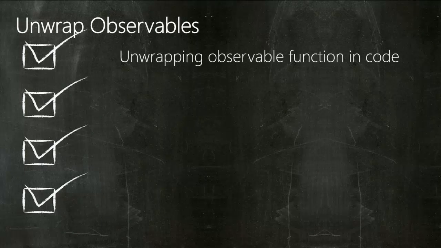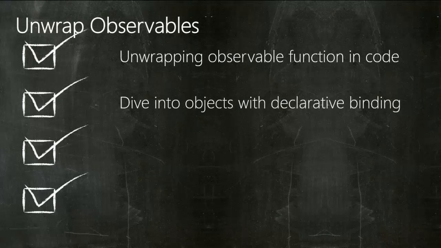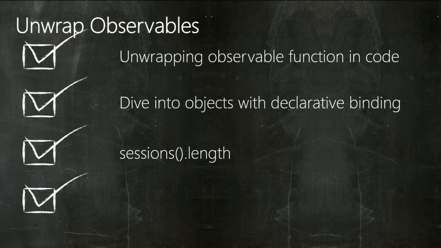Unwrapping observables, keys here. You want to unwrap them. You want to unwrap that function in your code by using the parens so you can get to the value. You can use that dot syntax like this, where you've got sessions.length or session.firstname or whatever else the